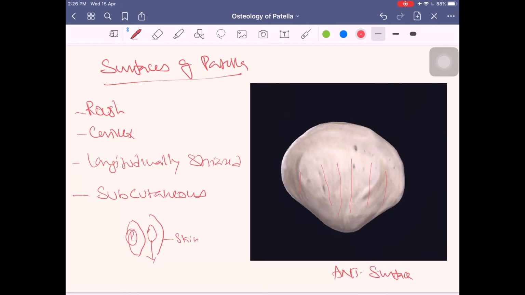So this is subcutaneous because it is beneath the skin, so it is called subcutaneous bursa in front of the patella. So subcutaneous pre-patellar bursa. So subcutaneous pre-patellar bursa is present between the skin and the anterior surface. So we have to see now one bursa which is lying in front of it, that is subcutaneous pre-patellar bursa, and we have to see even those retinacula. So let us go to the